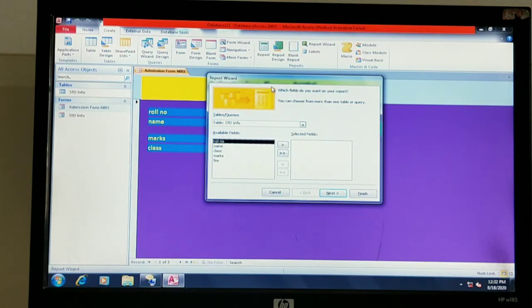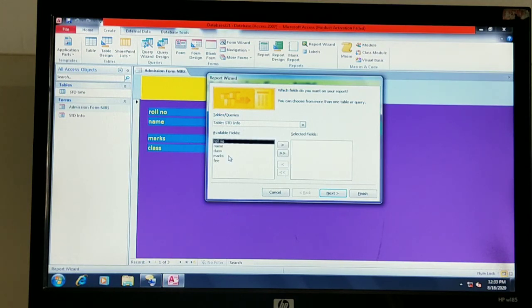In the Report Wizard window, we have the available fields from the table called student info. Here we have to select the fields, the information you need to display in your report. If you want all, you can just click here and you will get all the fields.